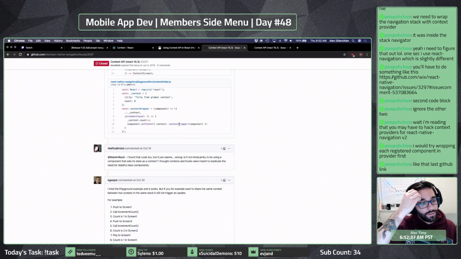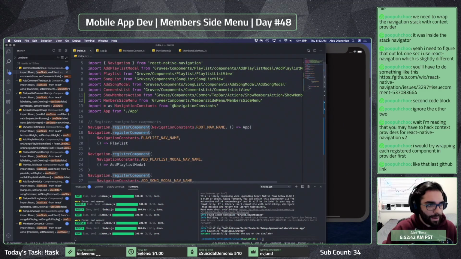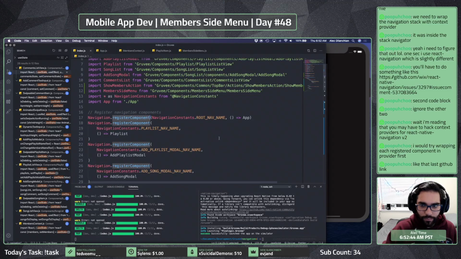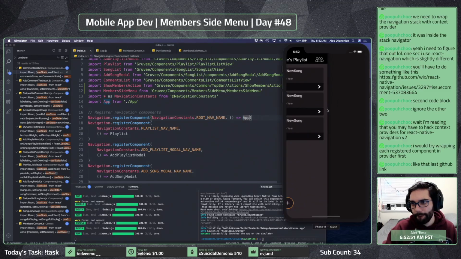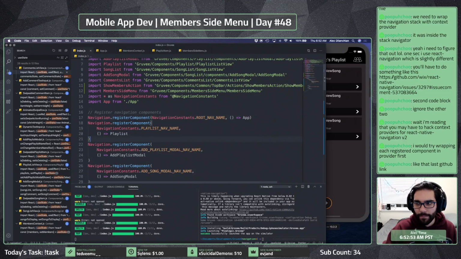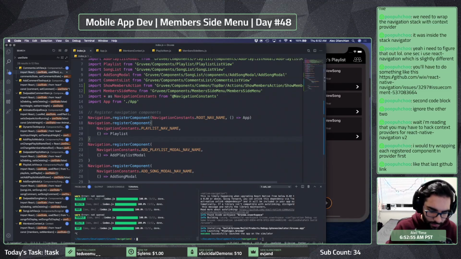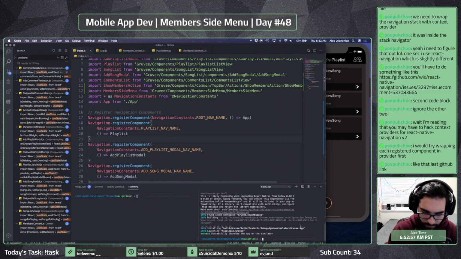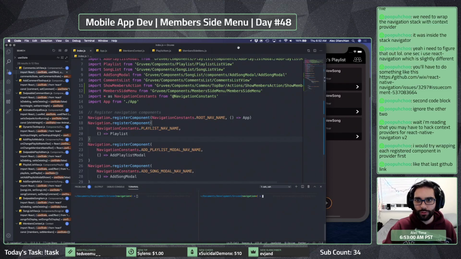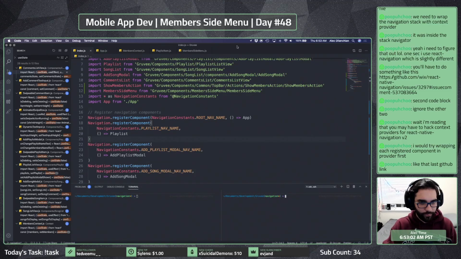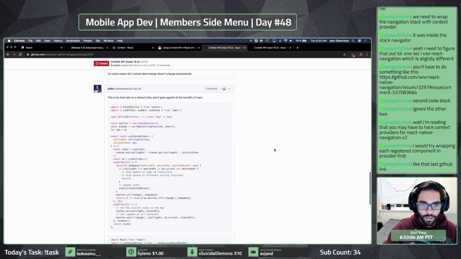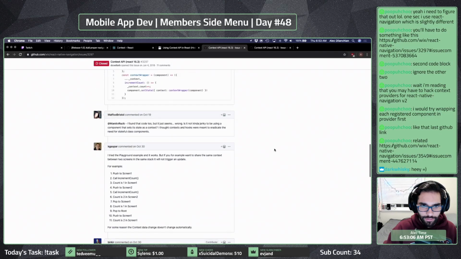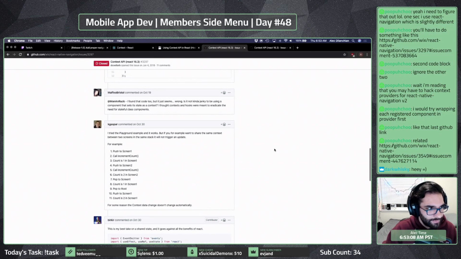Okay, so every single one wrapped with the provider. All right. Let's close out of these real quick. Full screen this bad boy. Oh my god, my scrolls, they're all reversed.